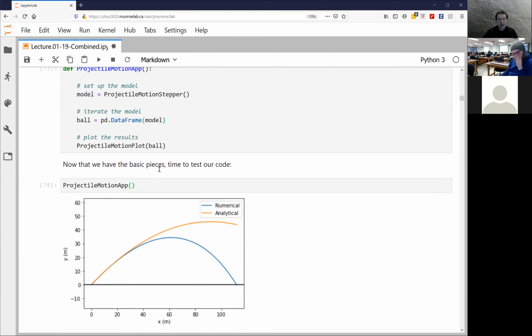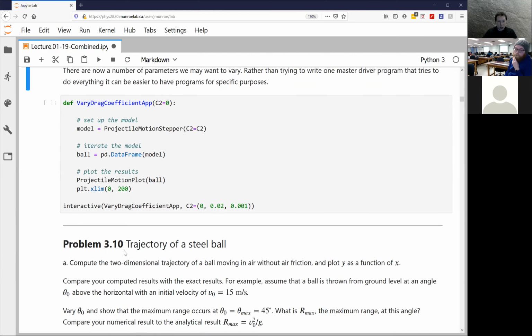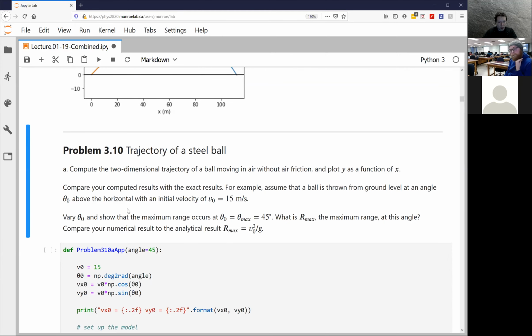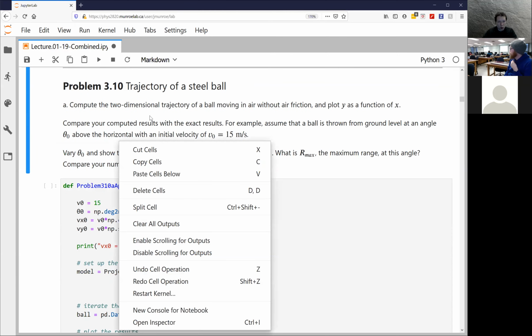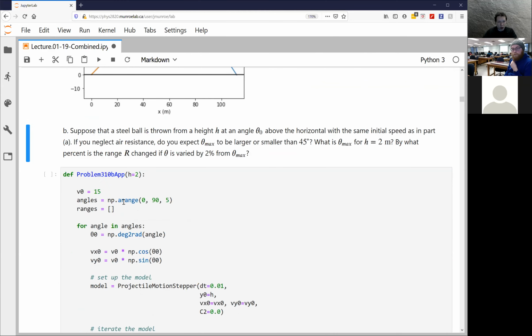Awesome. So what we see is when you have a drag force, right? This is what would happen with the drag force. This is what would happen with no drag force. Without drag, things go a lot further, all the way through. Okay, and then we had another example where we varied the drag coefficient. I don't think that's a useful thing. And this is code that all is going to appear on a future assignment. So let's just eliminate that from